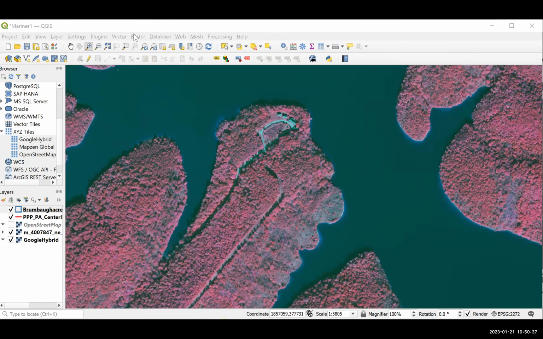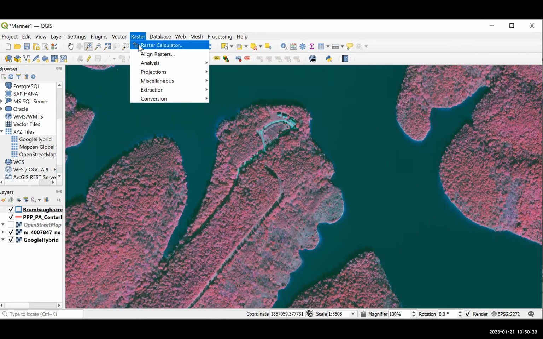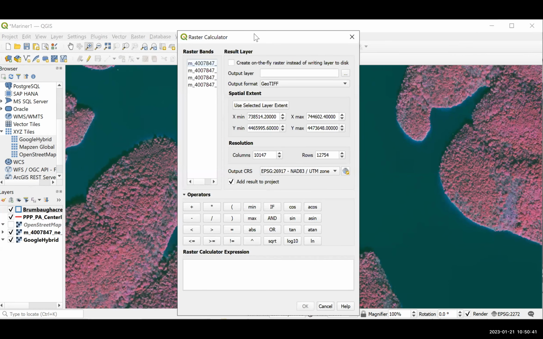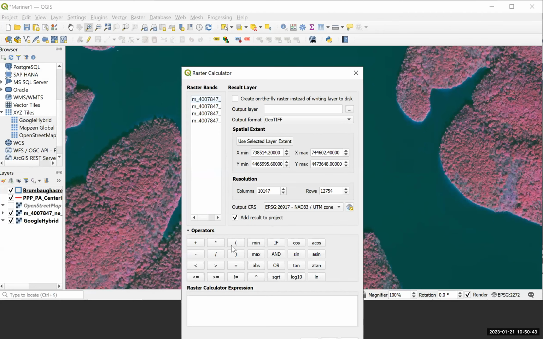and we are going to go to raster calculator, and we are going to start off, we're going to do band 4 minus,